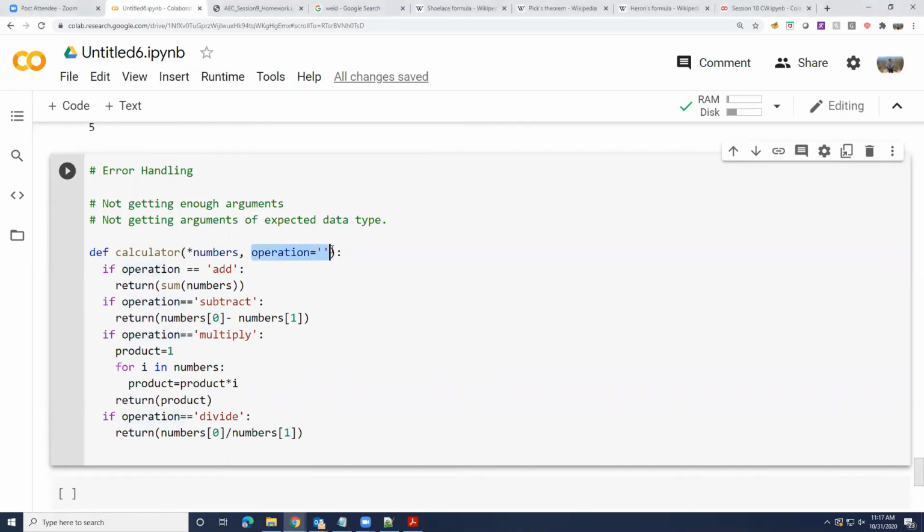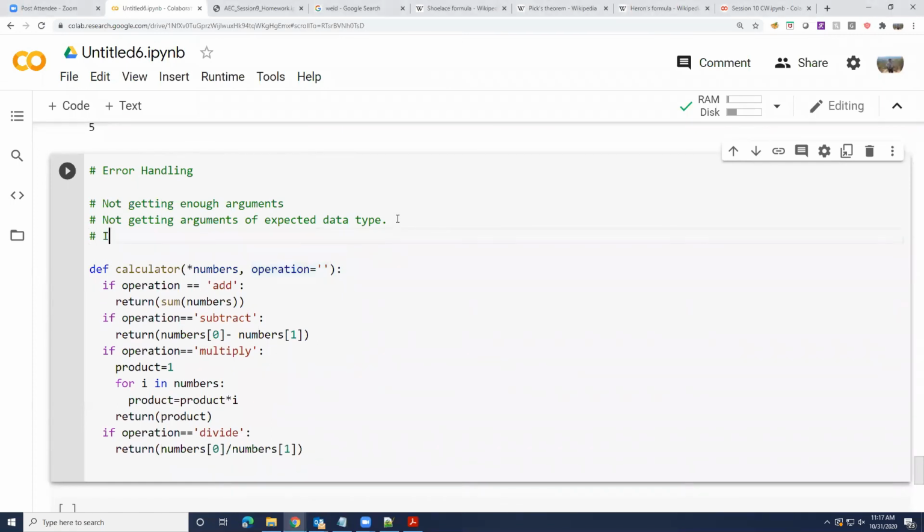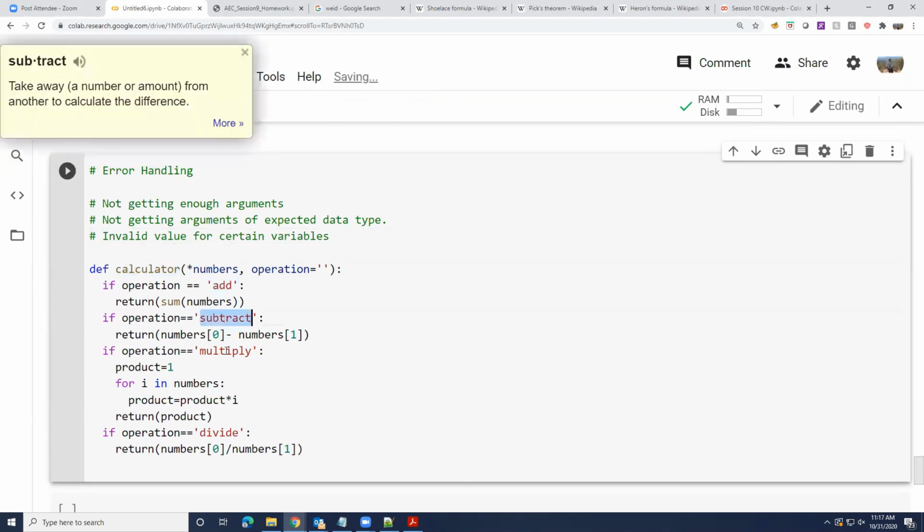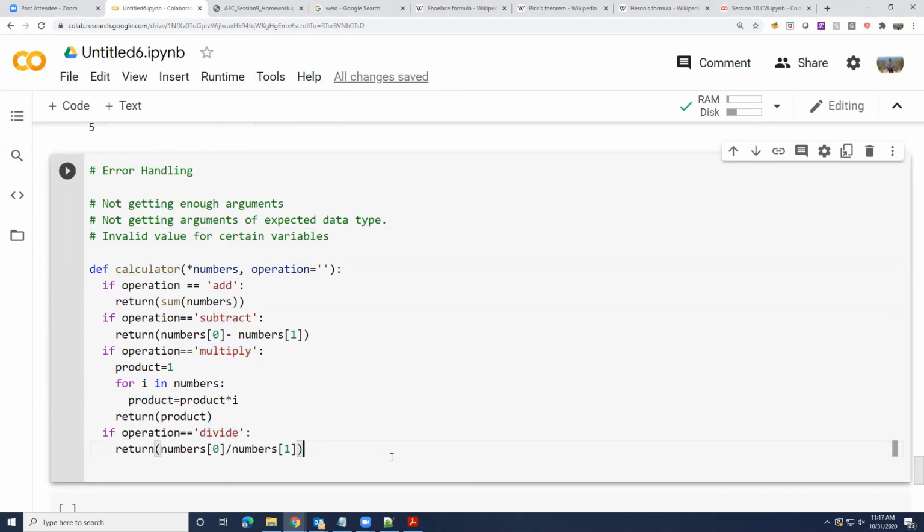What about operation? What can go wrong with operation? Yeah, not getting an operation. So no value for operation or invalid value for certain variables. Because for this simple calculator that we are programming, we only expect add, subtract, multiply, and division functionality.